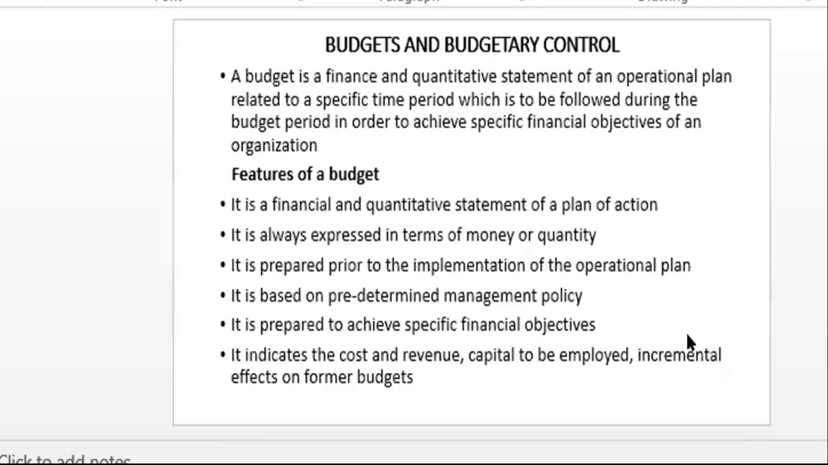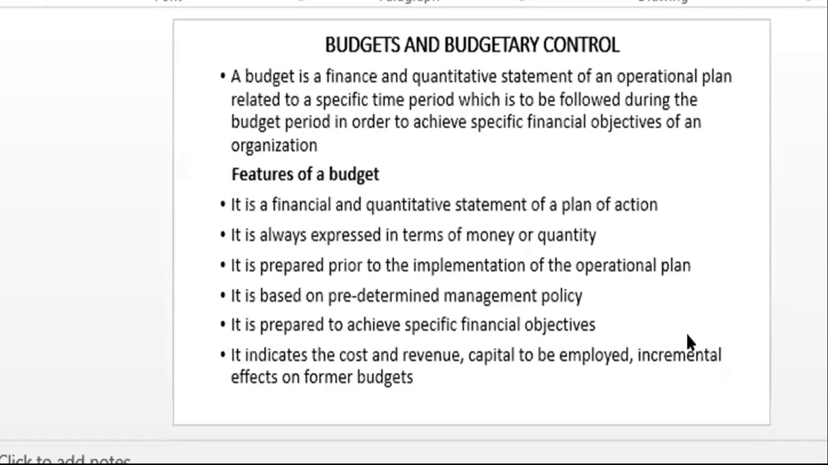Now, it is based on predetermined management policy. So budgets are prepared based on some policy that the government or the organization may have. Every government has its policy on budgets. Policy may include the timeline. For example, if it's a government,